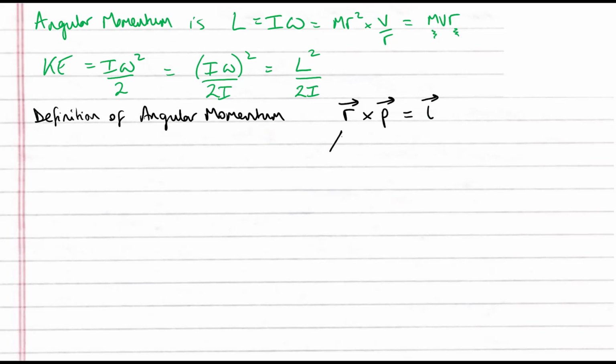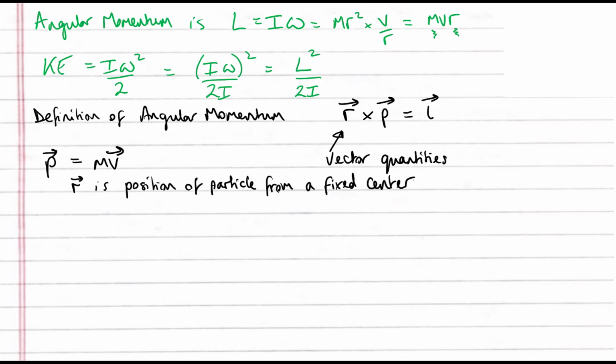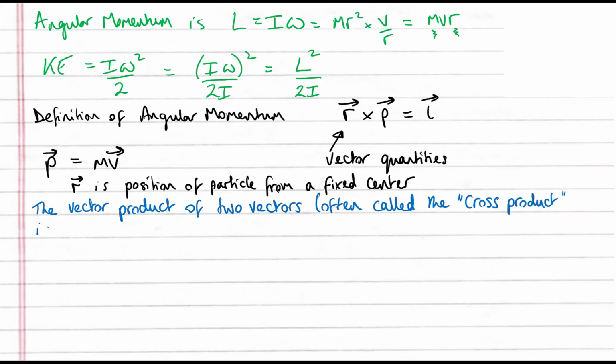And these are all vector quantities. P is also, by the way, equal to mv. And as I mentioned before, r is the position of the particle from a fixed center. So a little bit of vector mathematics here. We're going to remind ourselves that the vector product of two vectors, often called the cross product, is given by the following expression,